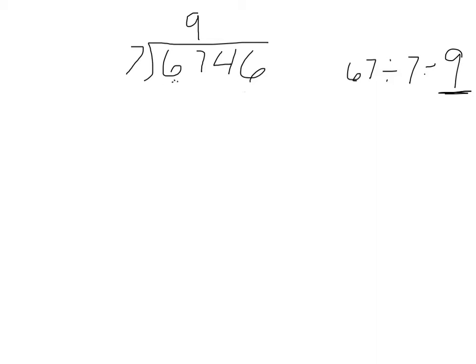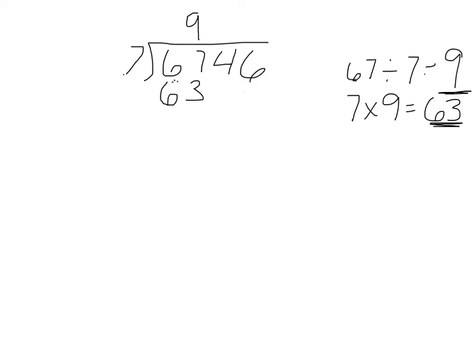And then the next step is McDonald's. I multiply. McDonald's stands for multiply. So I'm going to multiply the divisor, 7, times the quotient, 9. 7 times 9 is 63. And I'm going to write that product, the answer to a multiplication problem, as a product. I write that product underneath the dividend that I just used. So I'm going to write 63